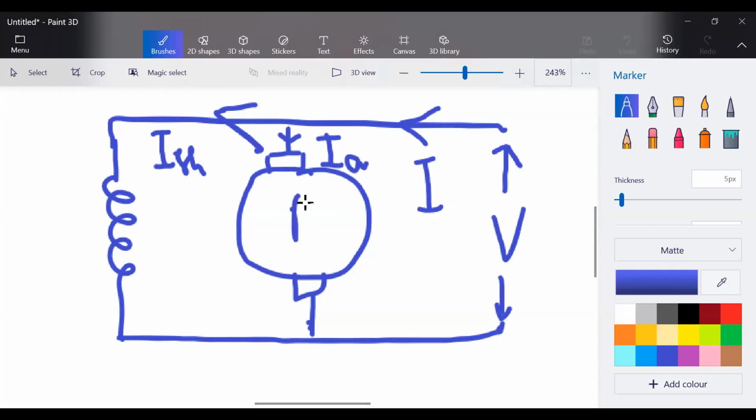The armature has resistance RA, and back EMF EB is generated here. For this motor, V is the applied source voltage. The source voltage equals the sum of the drops, so V equals back EMF